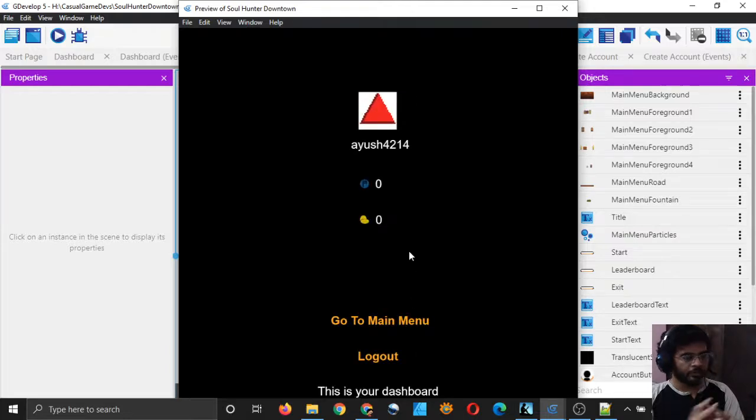Oh yeah, there it is. So we have fixed it. Our dashboard is now coming, and these two values 0 and 0 are there in points and coins variables.